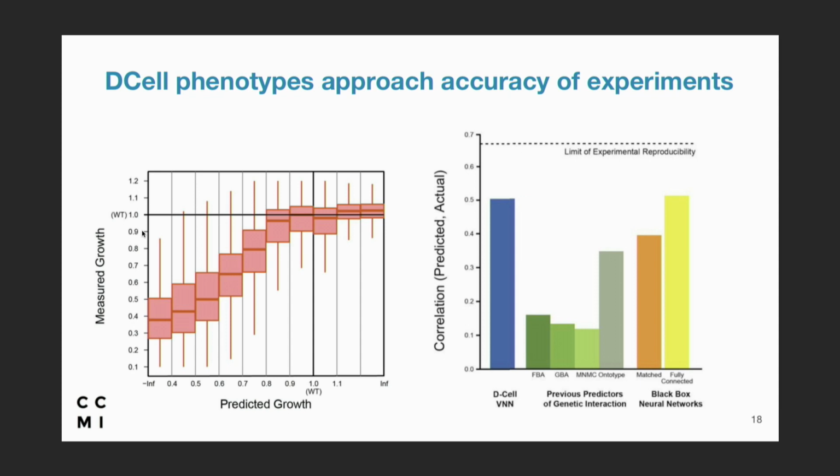Okay, and why do I think it's mostly deep learning and not the structure of the system? Let me call your attention to this final bar. This final bar is what happens when we take the same deep learning framework and simply train a fully connected version that is not constrained by cell biological hierarchical structure. Its performance is identical within like 0.01 to the correlation we got. So the structure, unfortunately or fortunately, didn't bias performance. It didn't lose its performance either. But just keep in mind, you can throw deep learning machinery at this problem and do quite well.